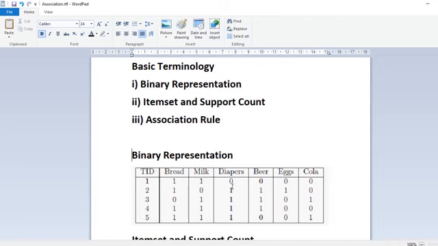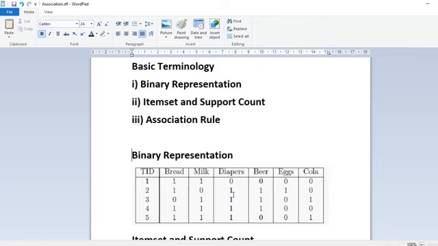So each of these items can be considered as an asymmetric binary variable, since presence of the item matters a lot compared to the absence of the item. Actually, this table gives us a very simplistic view of real market basket data, because it ignores certain important aspects of the data, such as quantity of the item sold or the price paid to the purchased item. All those things are not considered in this simplistic view. We will adhere to this simplistic view and continue our discussion.